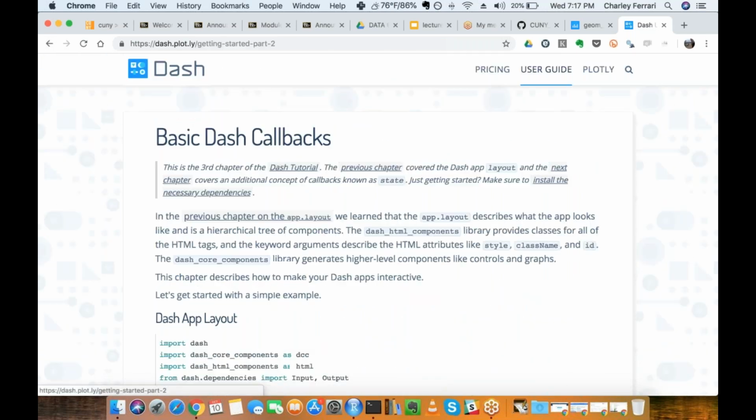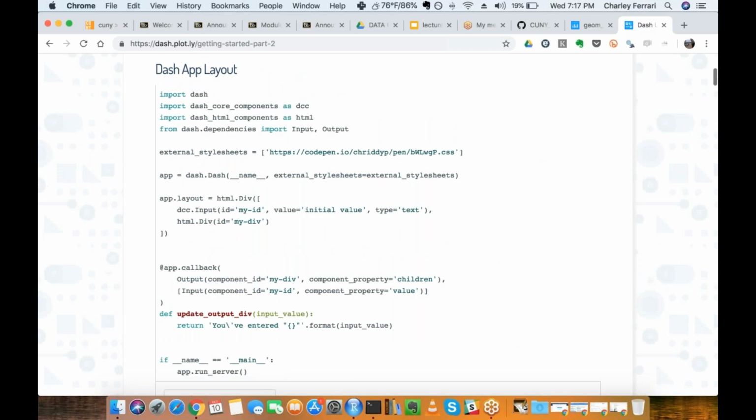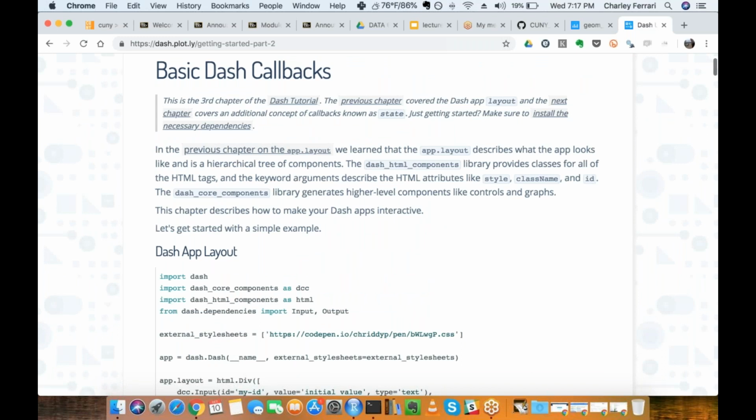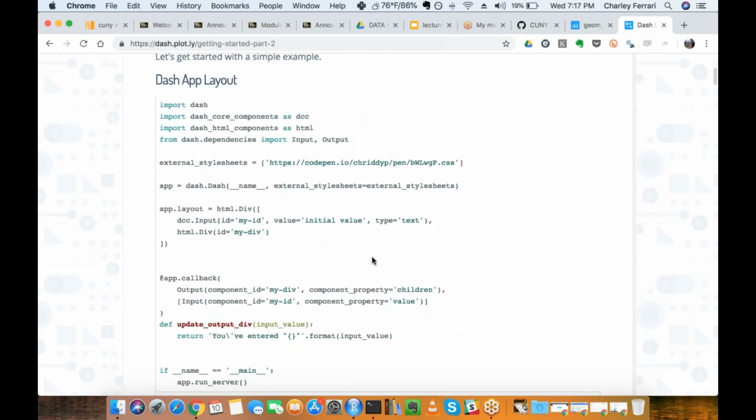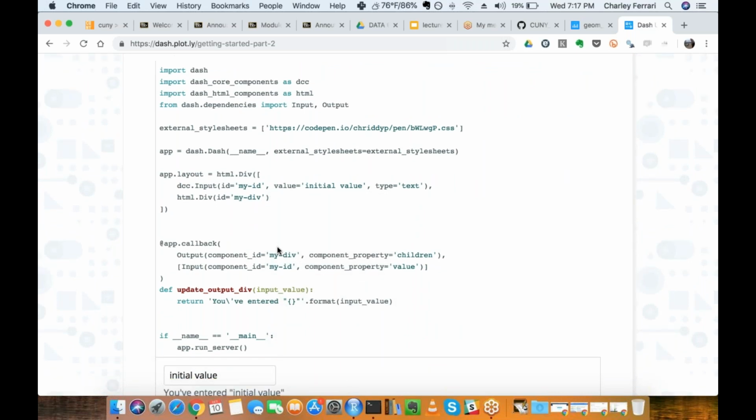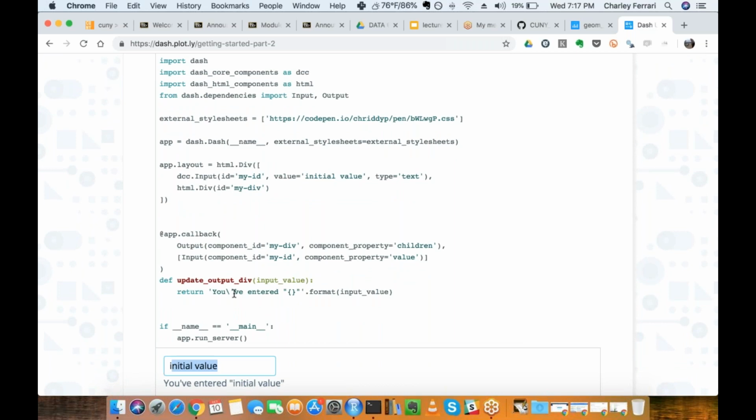And what I think is one of the most illustrative hello world apps is this one right here. So just going to basic Dash callbacks and looking at the first Dash app here. This is pretty much the simplest app you could think of. All it's doing is parroting back what I've entered into this text box here, and gives you an idea as to what's happening with the logic behind Dash.